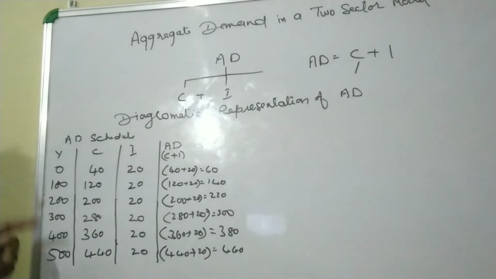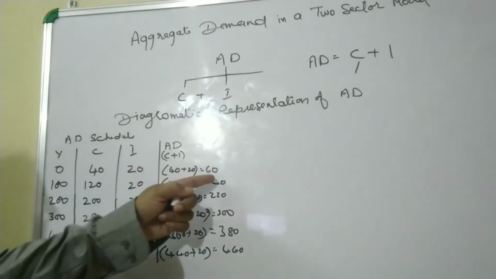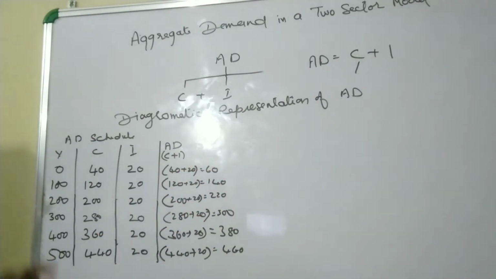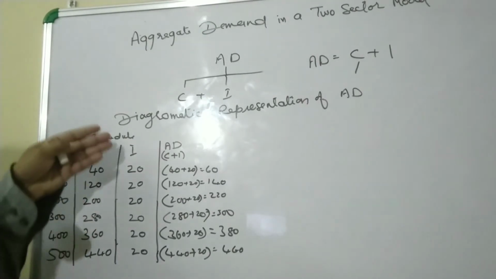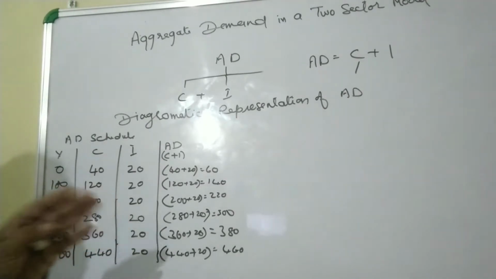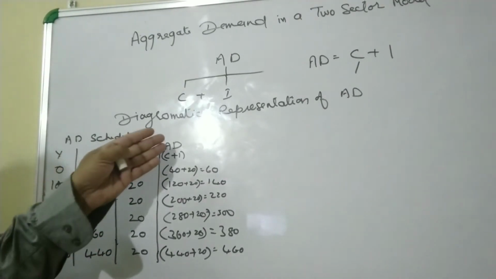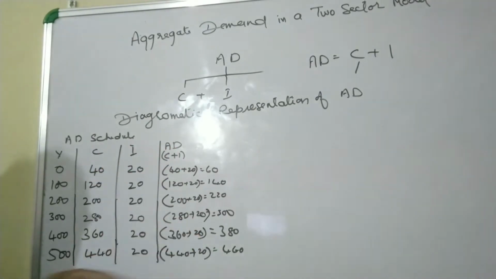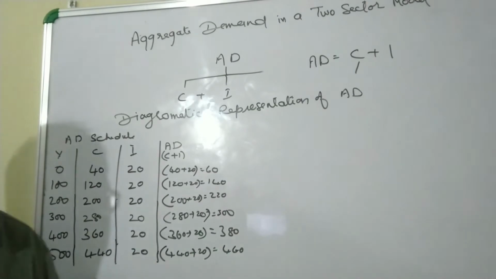So we can understand here, when income is 0, your aggregate demand is 60. Then as income goes on increasing, your expenditure is also increasing. Investment expenditure will remain same, because this is autonomous investment that will remain free from level of income. So your aggregate demand is also going on increasing. But as income increases after certain level, what happens? Your consumption expenditure will be less than your income. So that will give rise to what? Savings. These things I have explained to you very well while explaining the components of aggregate demand.